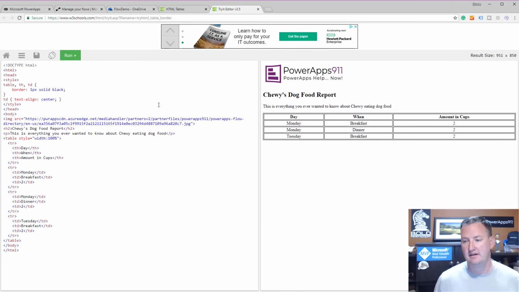So there you can see, oh, looks like in this example I used the other logo, but it's all right. We'll come back to Chewy's logo. And so this is the HTML that they'd given us. I just adapted a little bit. So I added this image tag right here. And so that's how we got the image up there. And then all I did was I just changed the words to be Chewy's dog food report and, a little